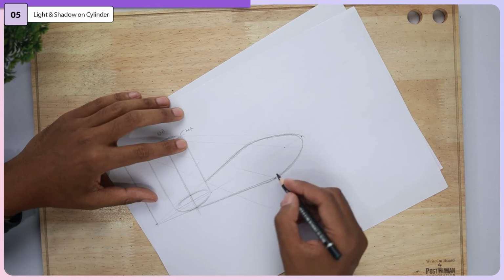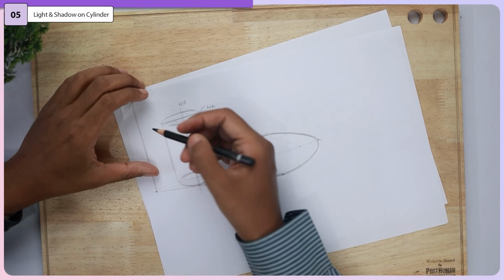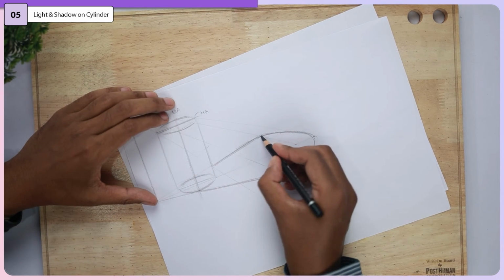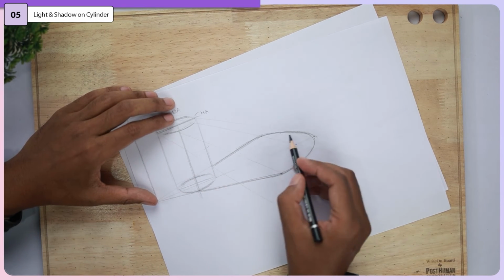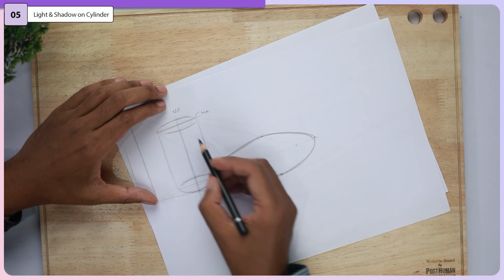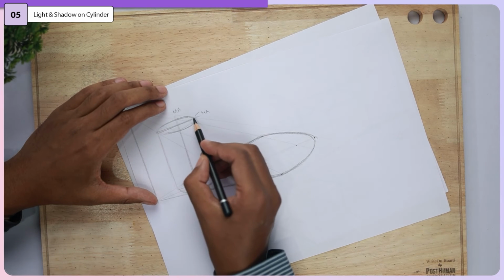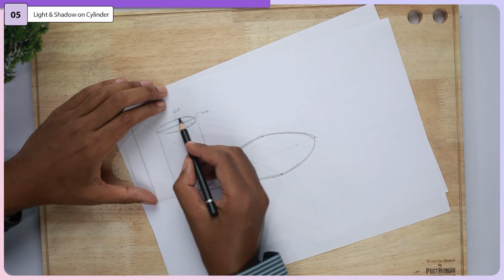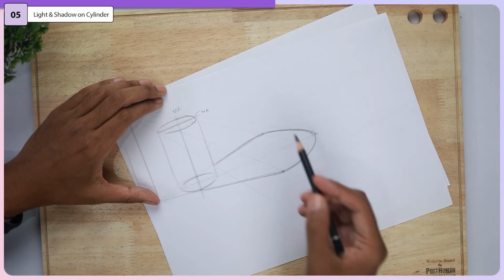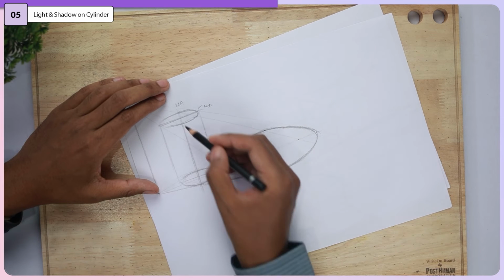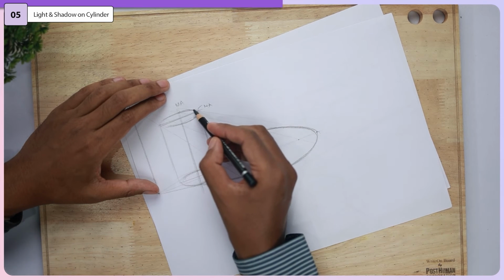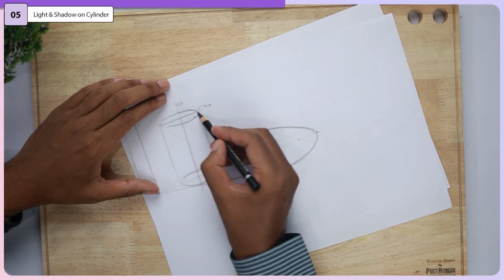Again we see that we get a very long shadow, because it's low lighting and very near to the object. This curvature part which I have drawn is actually the shadow of this part, originating from here, because the shadow of this quadrant terminates here, and the shadow of that quadrant terminates here, and from this point you see this part as a curved part.